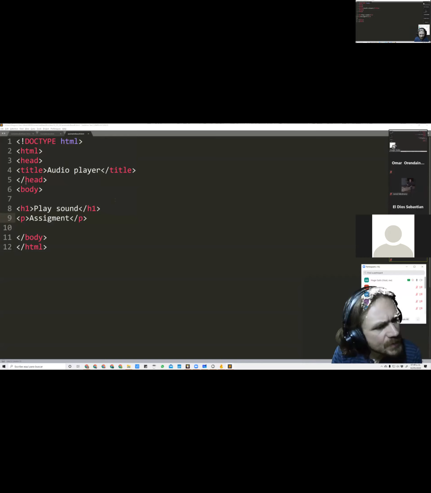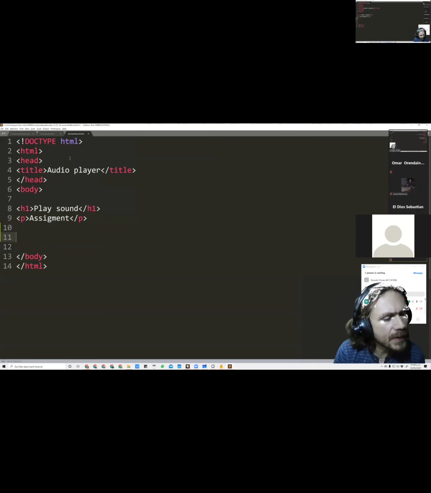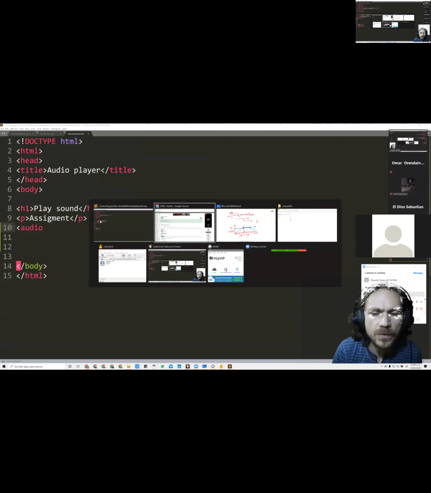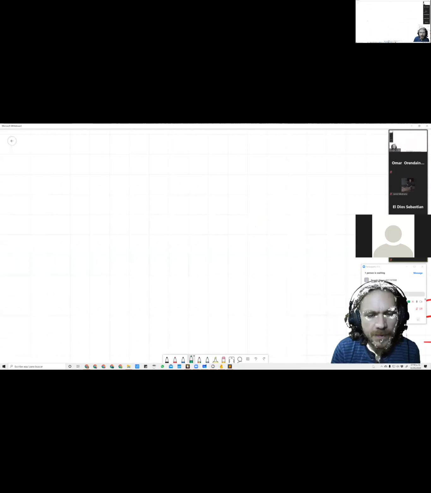The second thing that we know we're going to need is the script part, because we know that we are using the web audio API. Before that, let's go and add the audio tag, right? We know that HTML, and this is also another important thing that we have to understand, okay? We have to understand, and this is something that I explained to some people yesterday, that there are two different